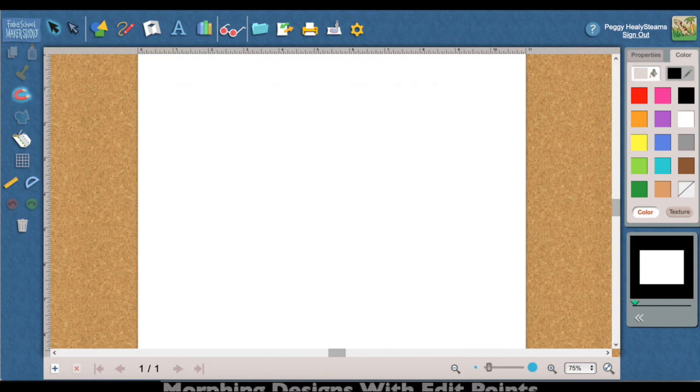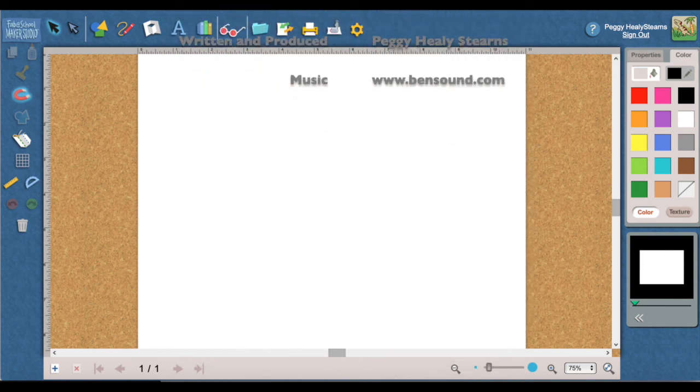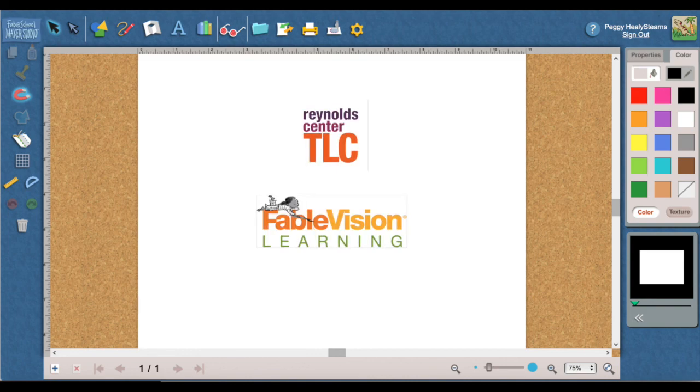Using edit points is an easy, fun, and powerful way to create unique and imaginative designs. Play around, have fun,